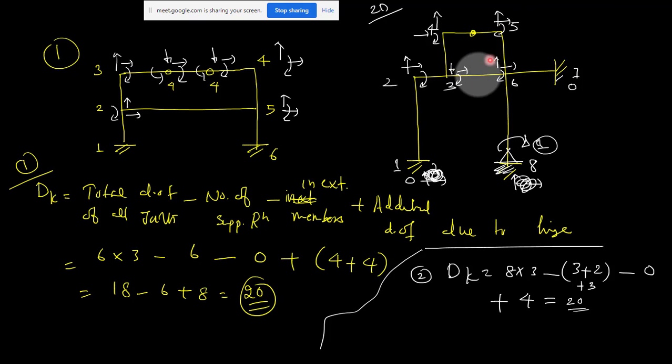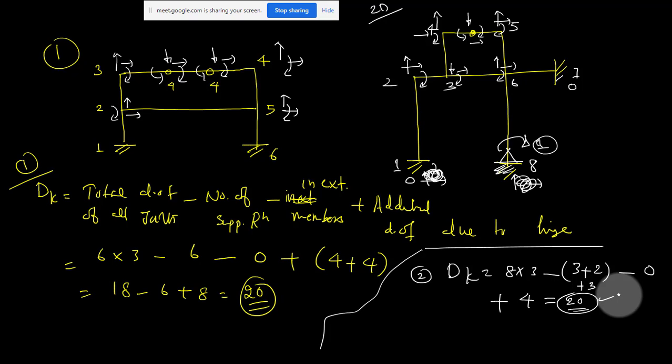What happened? Some 16 plus 4. You can see at the hinge here you will have one horizontal, one vertical, and 2 rotations. These are the 20 degrees. You can count 1 plus 3 plus 3 plus 3. You just count it. 3 plus 3, 6, 9, 13, 17. Okay, count it, it is 20. I think it is correct. No, it is 20. So this is your answer, 20.